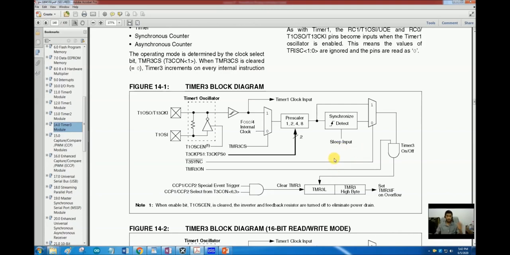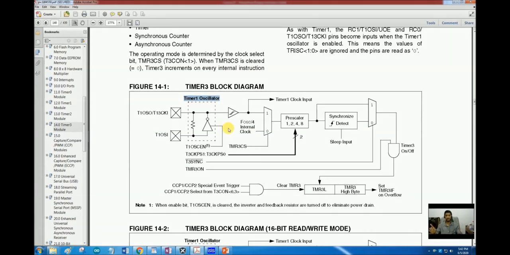I just want to tell you one thing about timer 3 that you have to be very careful of. You can see here that currently we are in section number 14, and this is the block diagram for timer 3, but you can see here this is the timer 1 oscillator.